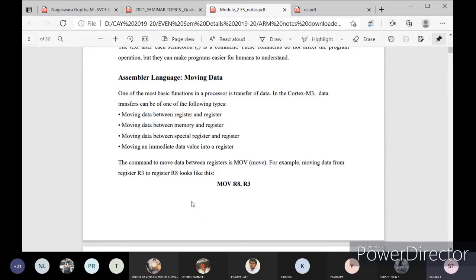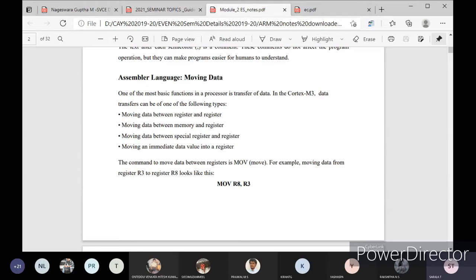Special registers are there; you have many different types of special registers. Moving data between a special register and a general purpose register is done. Moving an immediate data value into the register is also a transfer of data. In all these ways you can do it: register to register, memory to register, special register to register, and data value to register.